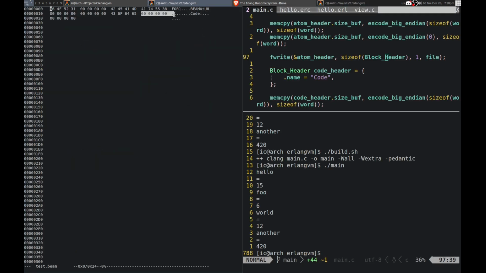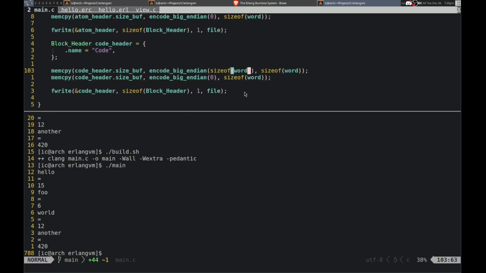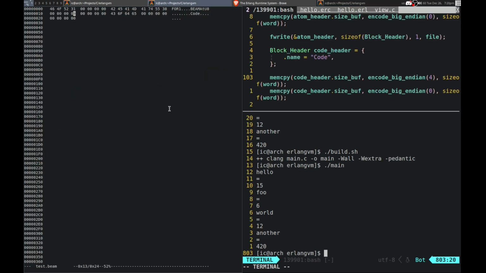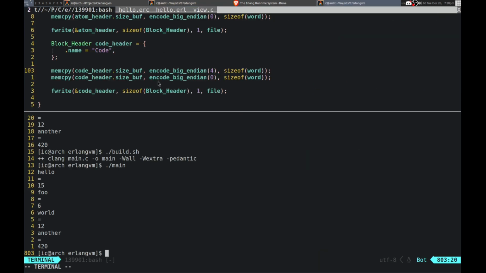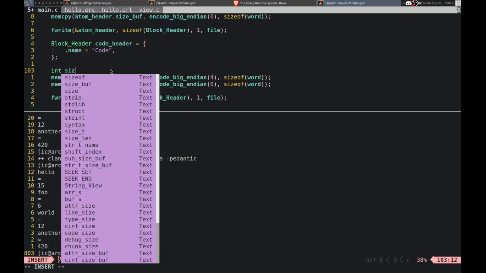Why is this 0? That is not actually supposed to be 0. The first one is supposed to be size of word. Yeah, why doesn't that work? It should work. Let's see.